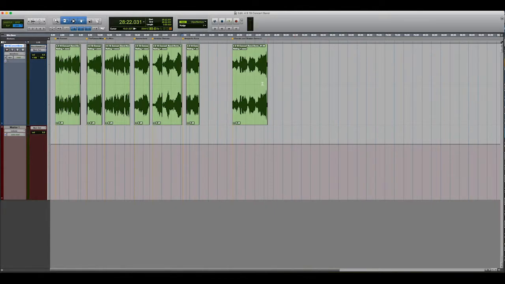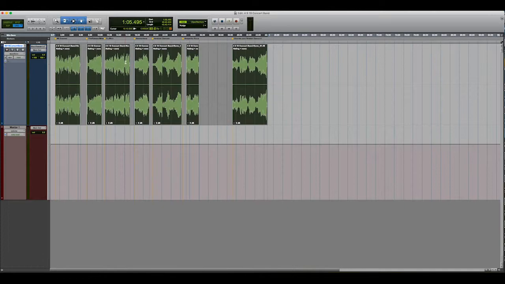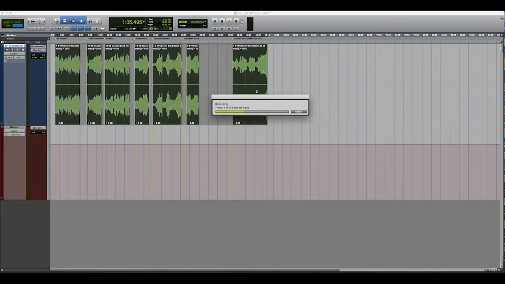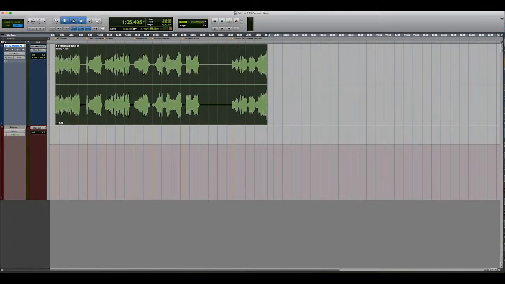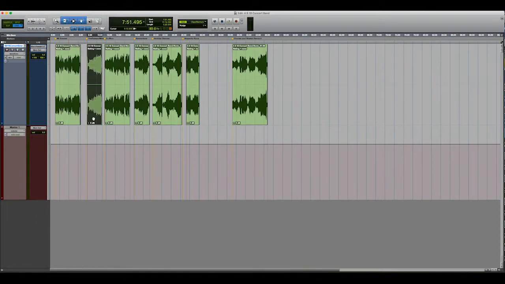Now we're going to Command A to select all. You can go edit select all if you want. And we are going to either normalize these again so that we can make the fades part of the audio clip, or we can go and consolidate each clip one at a time. You have to do this one at a time. If I do it with all of these selected, it's going to make one long clip here. I'll let you see it. Don't want that. So if you choose to do consolidate clip, you have to do it one clip at a time. Okay,